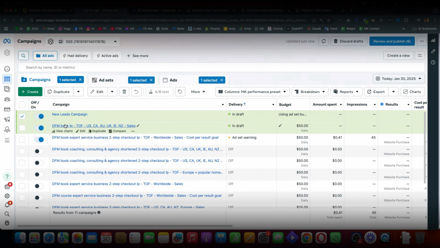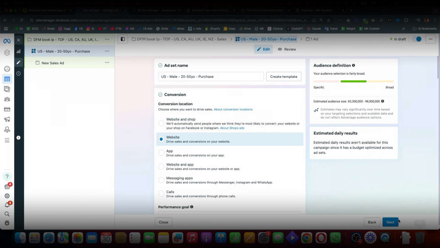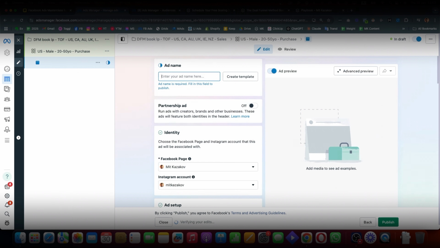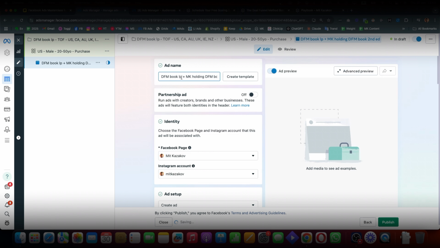So let's go back to the sales campaign. Either click next or click the ad in order to go to the ad level. So let's go to the top. You're going to click ad preview and you're going to want to name your ad. Now, how do you name your ad? Let me show you an example. I add in the landing page first, so I know where this is leading to, what offer. Then I add in the name of the creative, the image or video, and then I add in the name